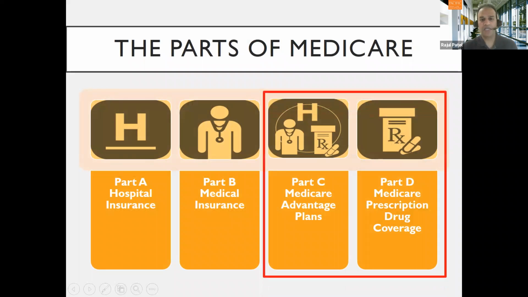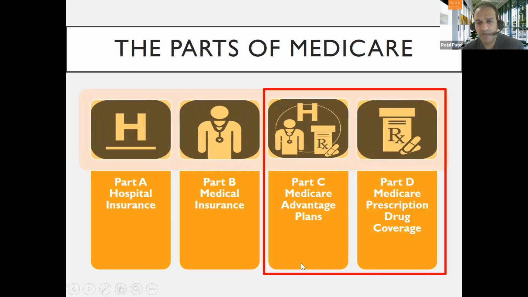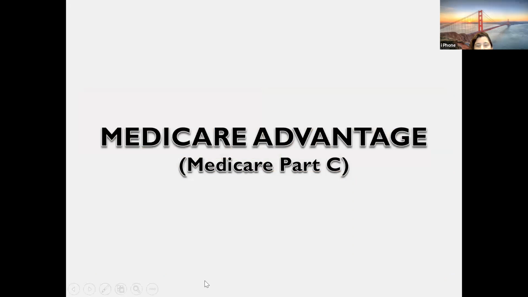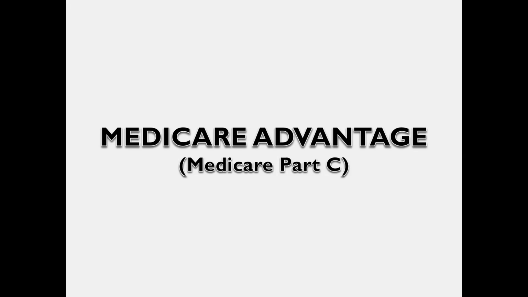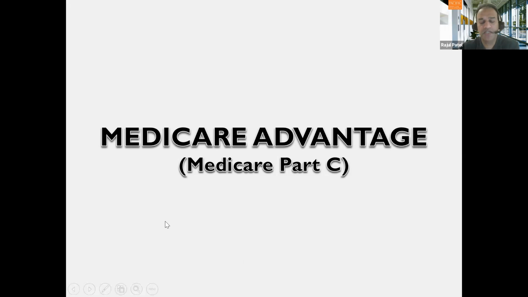So just a little bit about original Medicare. But as I mentioned, the majority of our time is going to be spent on the right side of the screen. Part C, Medicare Advantage plans, and then Part D, which is the Medicare prescription drug benefit. This is the newest inception of benefits to Medicare. It started in 2006, and so we'll spend most of our time talking about those. So Part C, you'll often also hear people refer to this, especially in the literature, in television and newspaper ads, and even on the radio, as Medicare Advantage. They mean the same thing. If someone says Part C or someone says Medicare Advantage, the two terms are synonymous with each other.